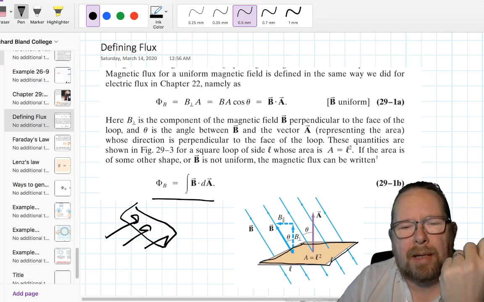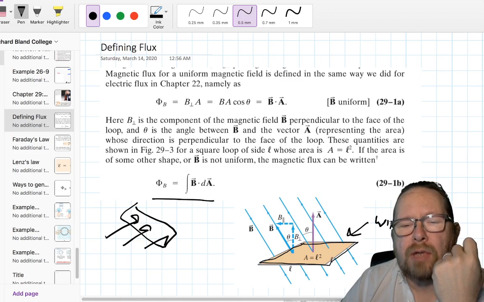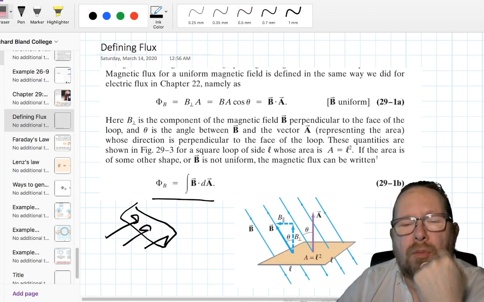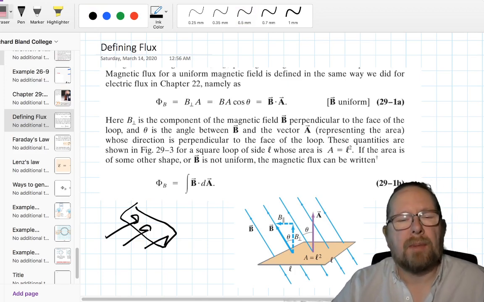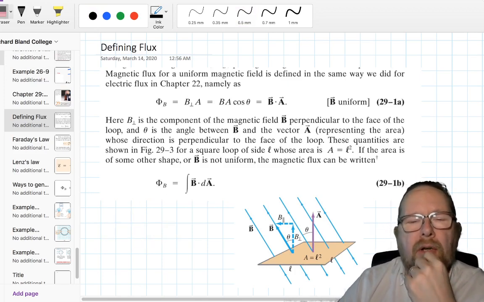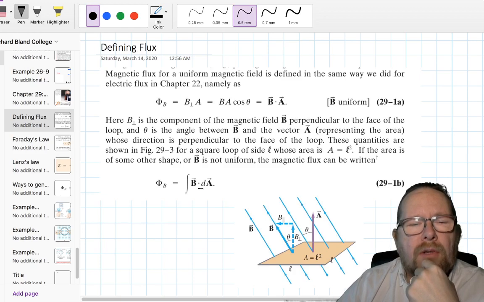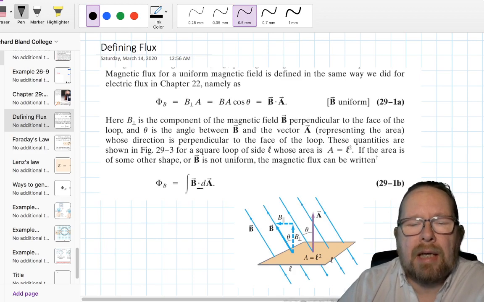Usually when we're talking about magnetic induction, this loop physically represents some kind of wire, and we're talking about the induced EMF or the induced current in that wire. It doesn't have to be a physical wire. This can be an abstract loop in space, and we can define the magnetic flux through that loop. But the magnetic flux is defined as the integral of B over the surface area of the loop, with the understanding that the only flux that counts is the perpendicular flux, so the dot product between B and dA establishes